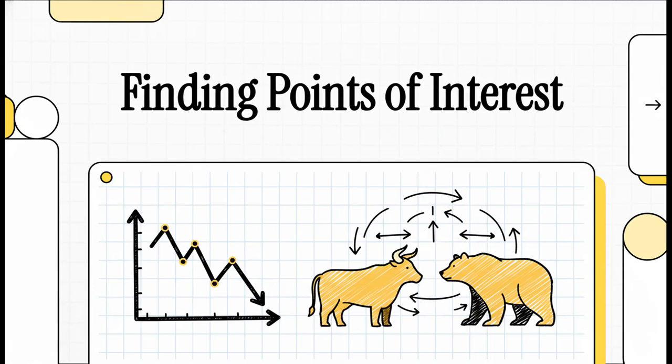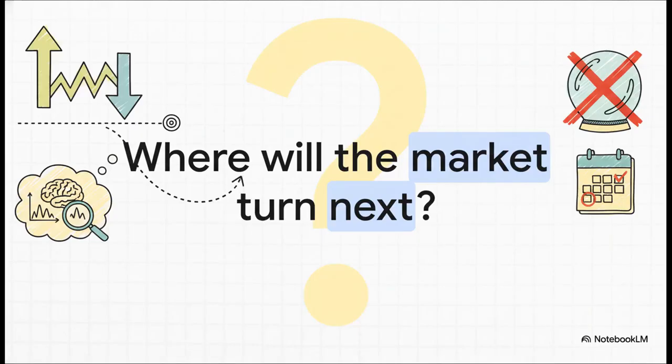Welcome to The Explainer. Today, we're diving into what feels like a trader's secret weapon. It's a systematic way to figure out exactly where the market might just decide to turn on a dime. For anyone in the markets, this is the big one, right? The million-dollar question. And look, crystal balls are out, but there's a skill that gets pretty darn close, and that